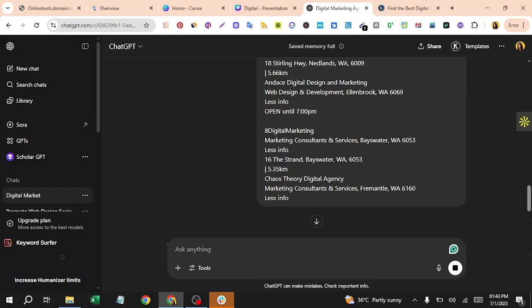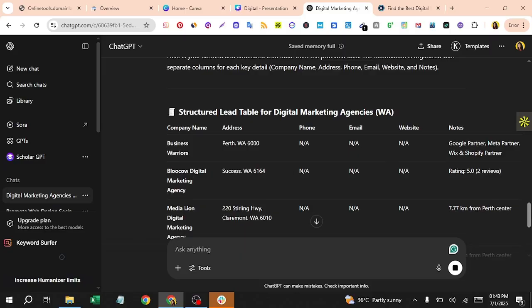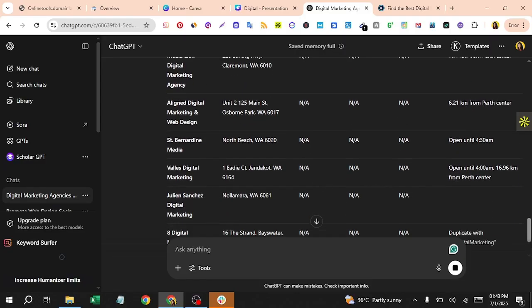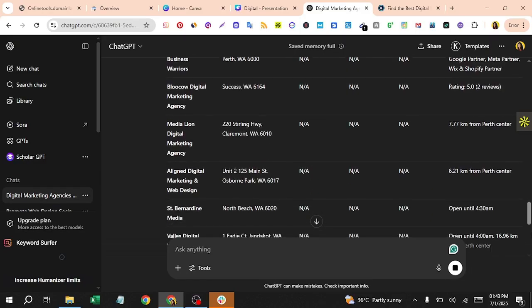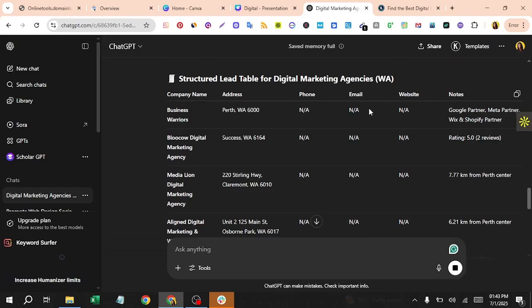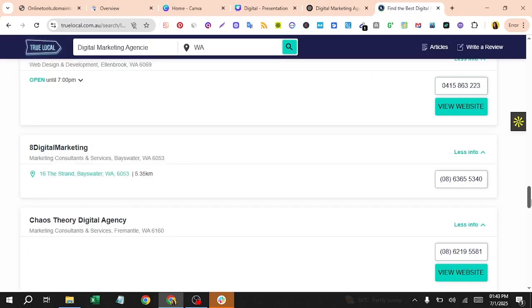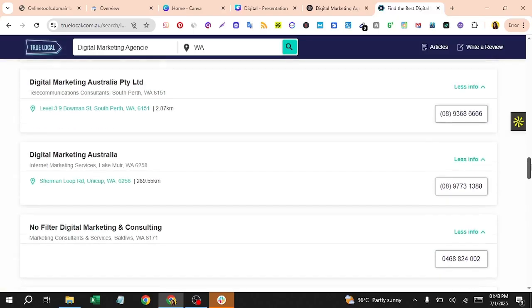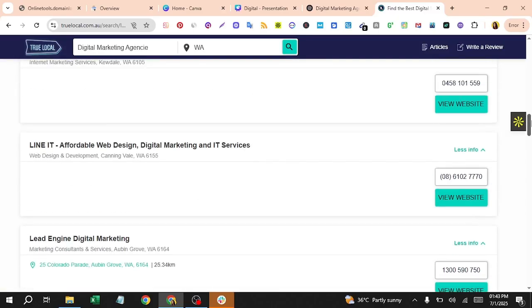And how this tool will help us get phone numbers. So this is showing us not available for email address and website address, because we haven't copied each and everything, right?